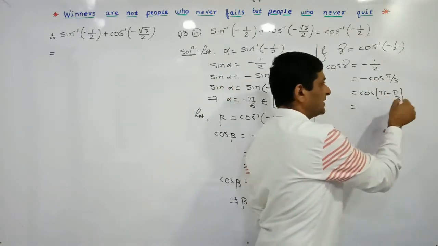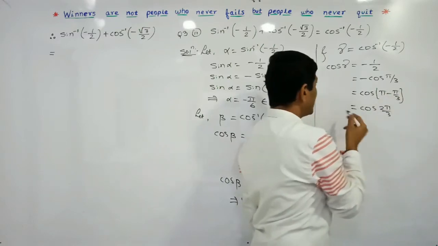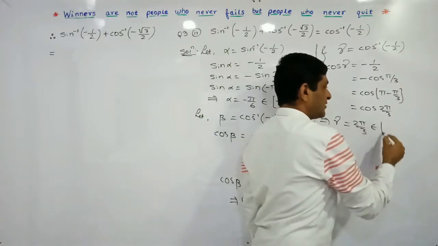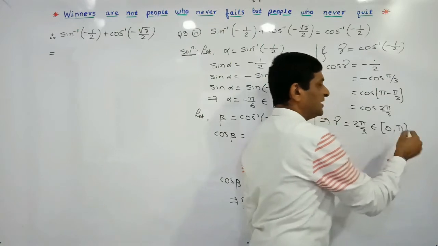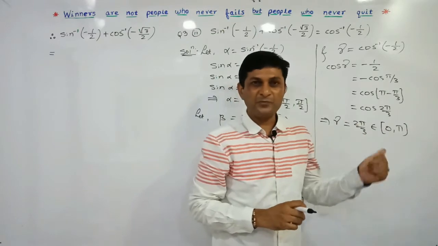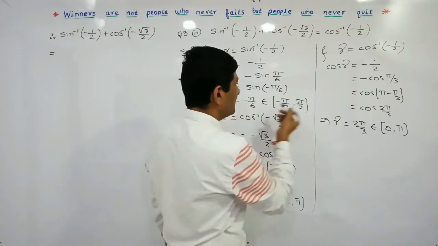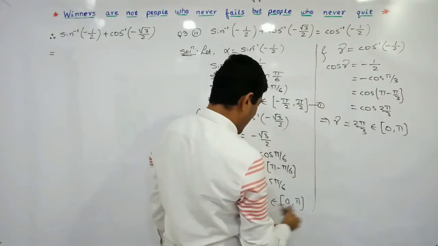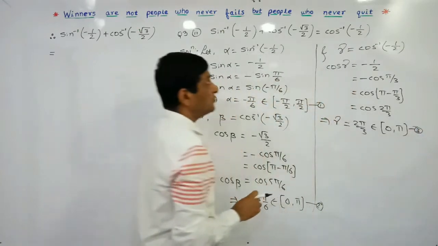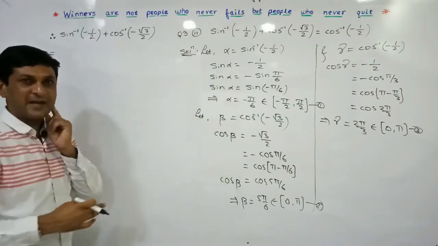Taking cross multiplication here, see what we will get. 3 pi minus pi is 2 pi by 3. So comparing both sides, we can say that gamma is equal to 2 pi by 3, and we can observe that it belongs to the interval 0 to pi, meaning it belongs to the range of cos inverse. So that's why we are able to consider it as the principal value. So let us denote the value of alpha by equation number 1, the value of beta by equation number 2, and the value of gamma by equation number 3. Now we are considering the left hand side and simplifying it, let us check whether we will get the right hand side or not.